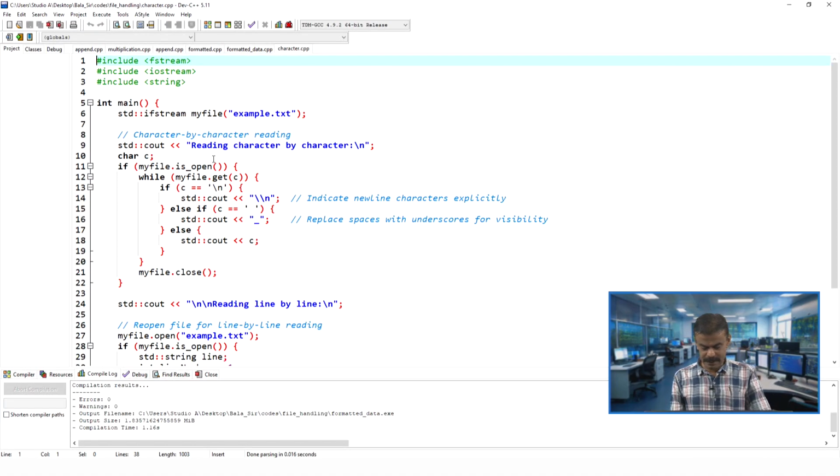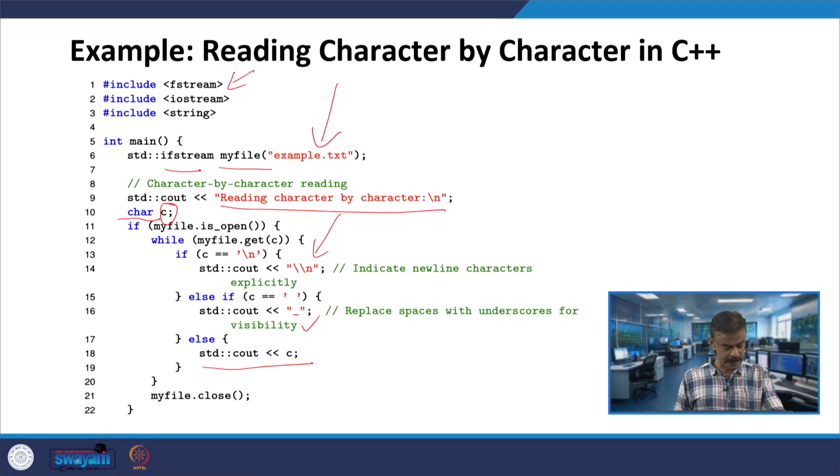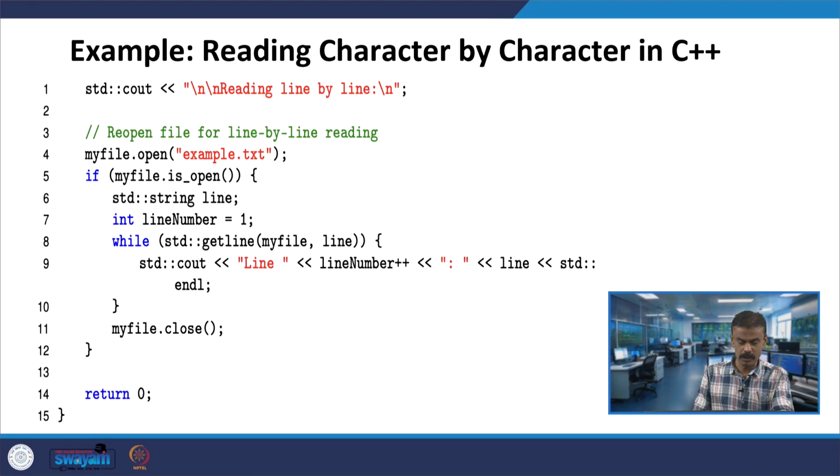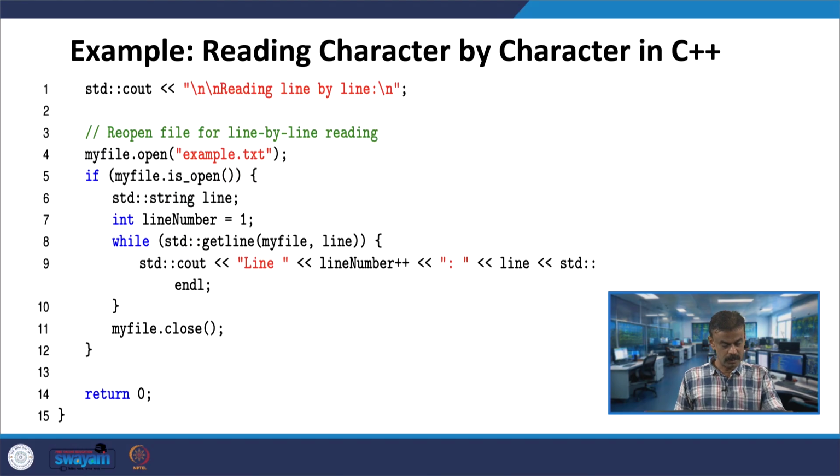So, we opened example.txt and we had seen it. The same code I explained. It is continuing after line number 22, with cout reading line by line. So, here one case is reading character by character, another one is reading line by line. In that case it is the usual one, this we had already seen. You know that we have already done this.